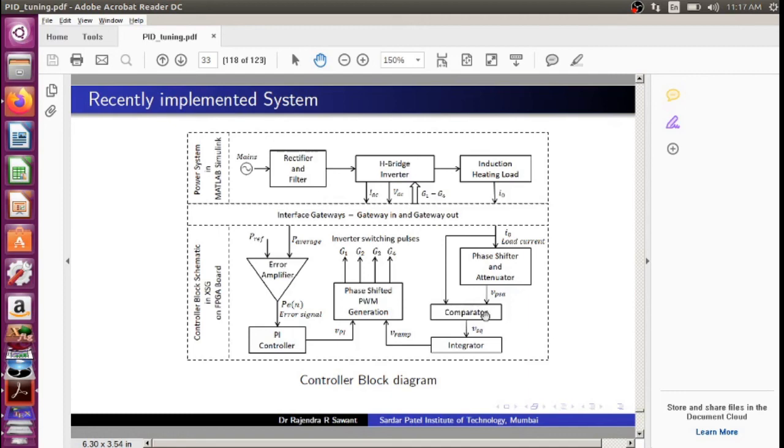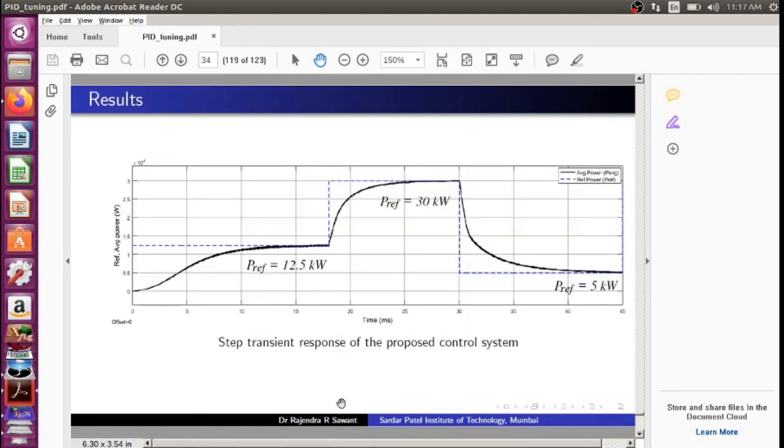Here, a PI controller is used to regulate the power, and we have used one method of PI controller tuning which we discussed recently. We will directly show you the response. This is the response of the PI controller for power regulation in the induction heating system. Initially the reference has been set to 12.5 kilowatt.